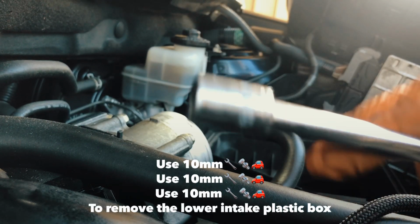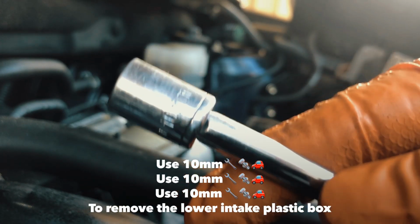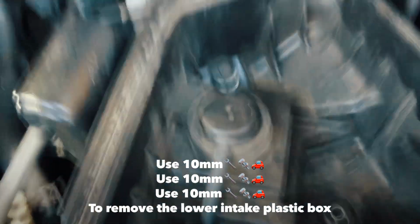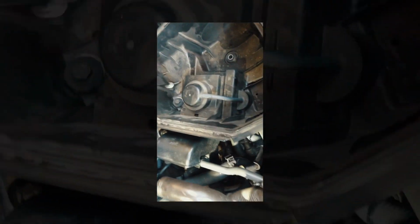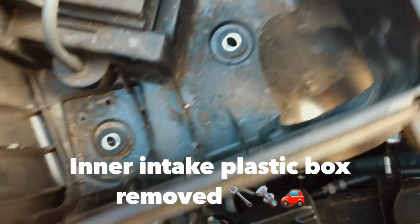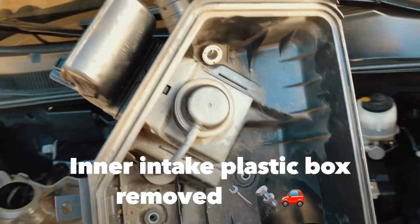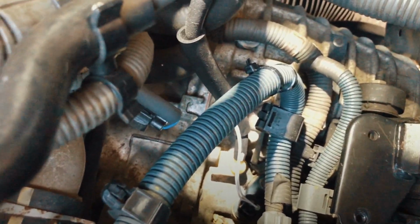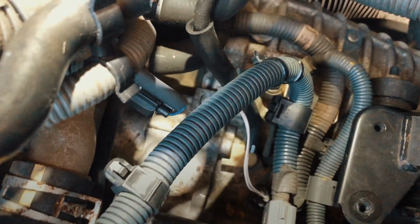You gotta use, it says 10 millimeter to take out this thing. Right, let's do it. So now the housing is completely removed. Now you can see right there, that bad boy over there. See the bad boy over there? Right there. Okay, now